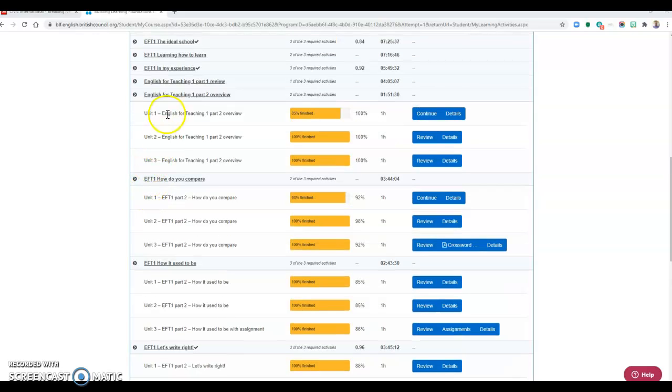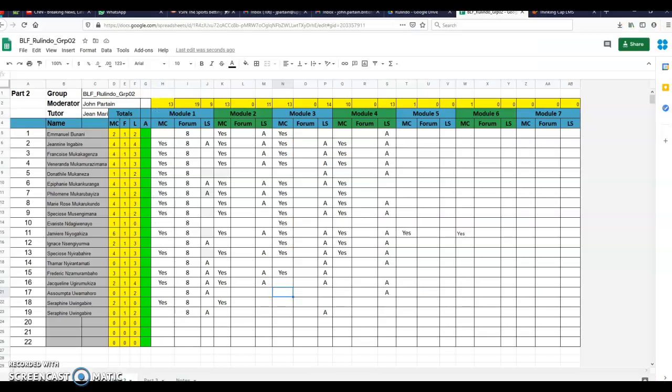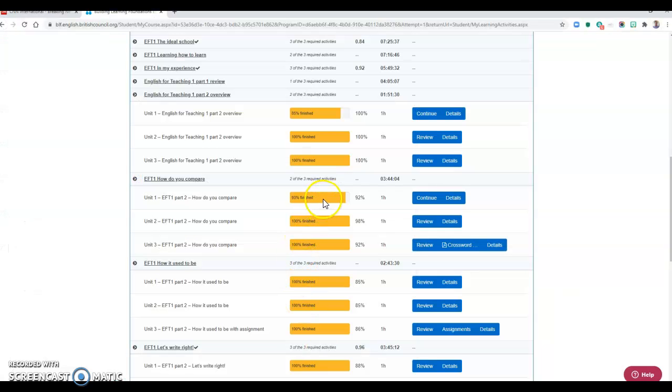But as you can see in module 1 and module 2, these do not show as 100% complete. Okay, so if we go back to my report, I cannot mark you as complete in module 1 and module 2 until these are 100% complete. Okay, it says continue and continue. Your score is fine. Each of the scores are above 100%.